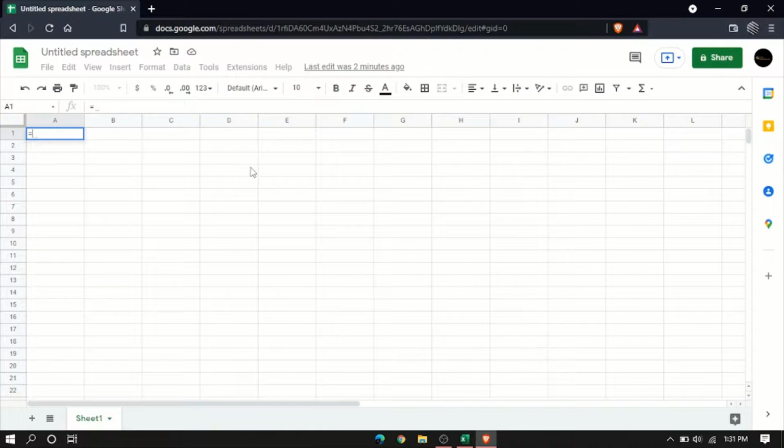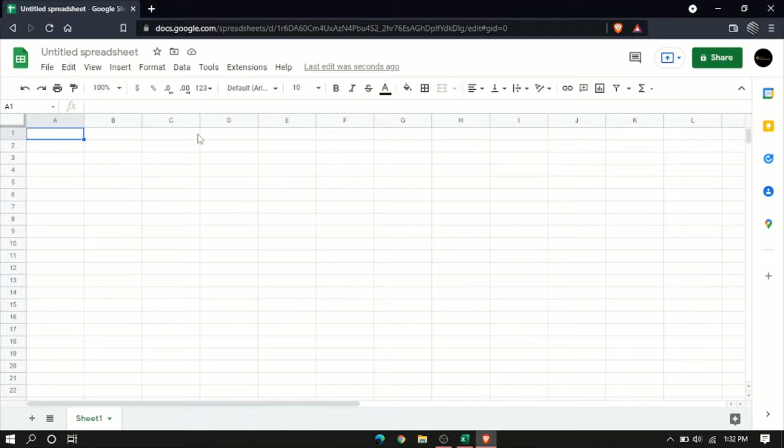Then 50 divided by 2 is equal to 25. Now 20 divided by 2 is equal to 10. It is very interesting to do all these things in Excel.